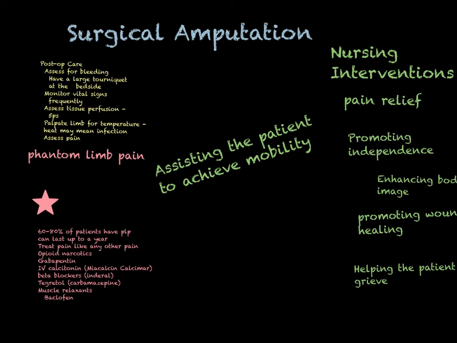Having the patient achieve mobility, you're also trying to promote independence. They may have to use a trapeze. You want to have this person do as much as they can to help turn from side to side. The prone position is really important for people with lower extremity amputations. Prone position will stretch out that hip flexor and keep it in alignment. So we do want to position these patients to achieve maximum mobility.